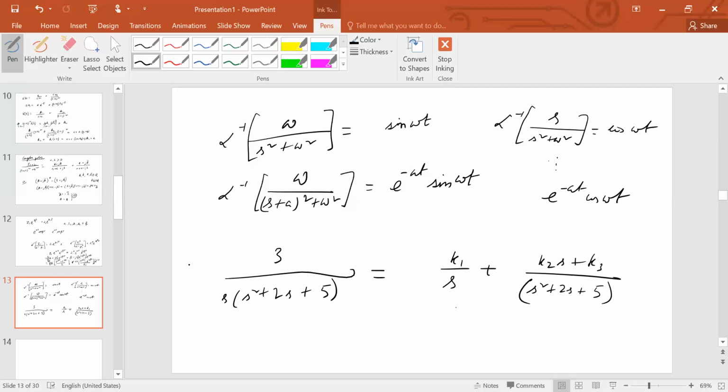First term, of course, we can always do this multiplication by s. So we can always take the limit s tending to 0, which gives k1, which in our case is 3 over 5, that's all. Now coming to the solution of k2 and k3, what are you going to do? This is very typical of only when you have second order factors. This is a special trick that we are now going to employ to avoid the tediousness of